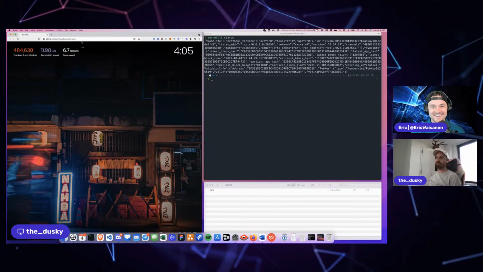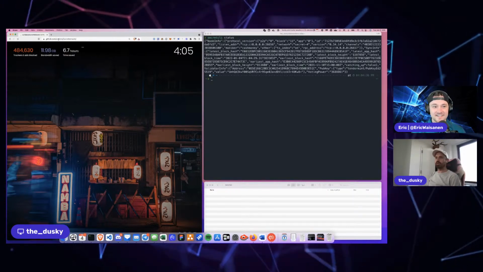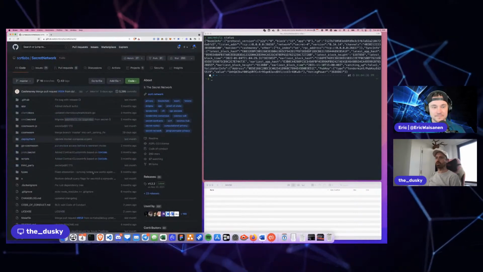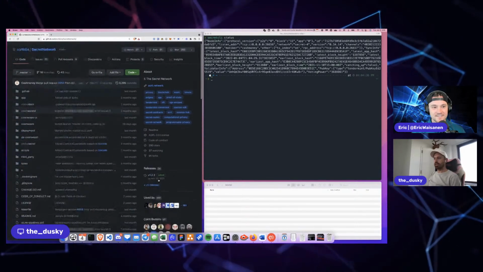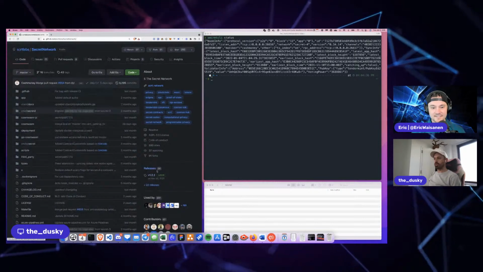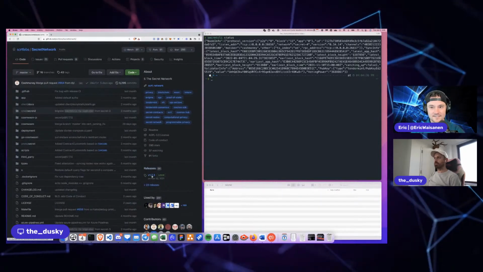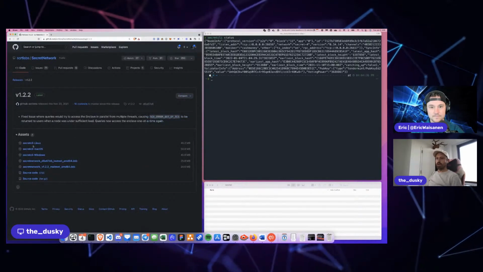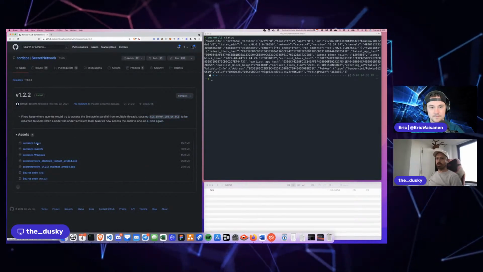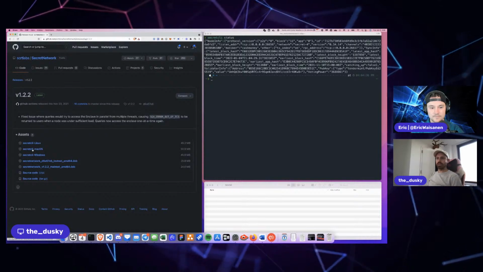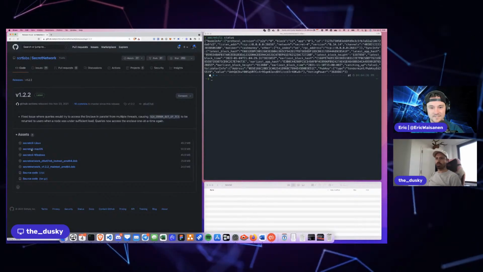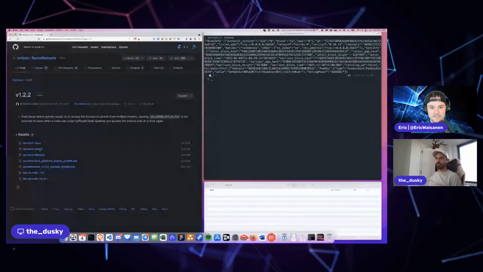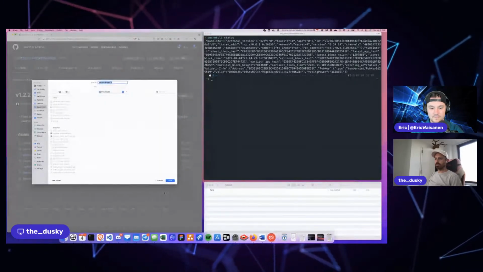Okay, so just real quick, I'm going to go to the GitHub, which is where the Secret Network code actually lives. It's totally open source, so anyone can go in and see the code. And in here they have releases. Right now there are 24 releases. The most recent release is 1.2.2. I think most nodes are running 1.2.0, but the CLI will work for it. You can see there are 3 here: the Linux, Mac OS, and Windows CLI. I'm running a Mac, so I'm going to download the Mac one. I'll click on this and save it to my downloads folder.